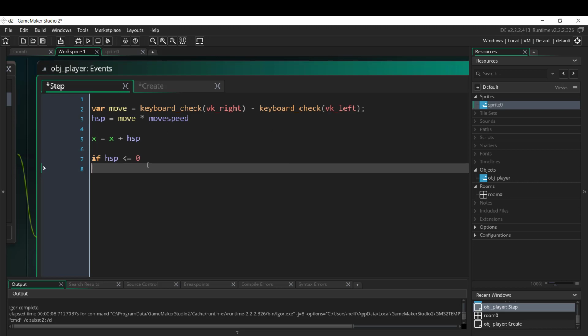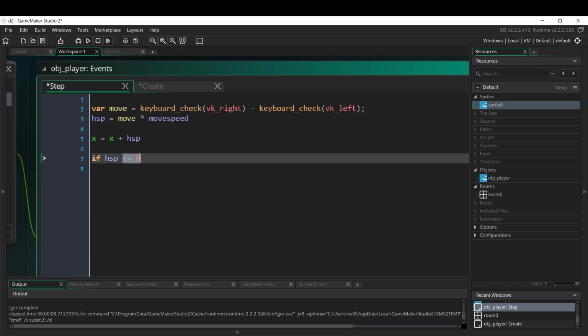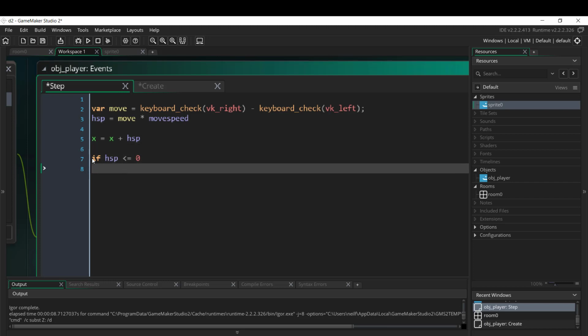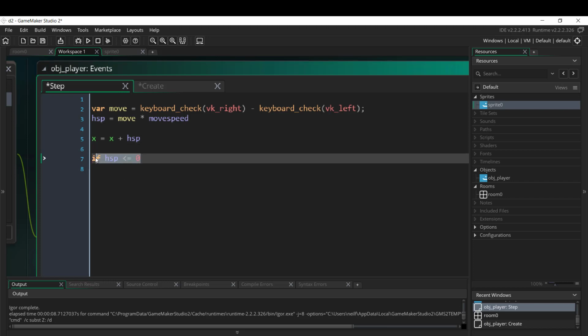But if it's greater or less than 0, sorry, then that means that I must be moving to the left. In this case, less than 0, just imagine it pointing to the left. And then if it's pointing right, it points to the right. So this is an easy way to memorize it. If the thing is pointing to the right, that's to the right of the 0, so those are positive numbers. And remember, all the numbers to the left of a 0 are negative numbers. So if I'm less than 0, then I must be in negative numbers. And what negative number does this represent if I'm going left? Negative 7. So basically this is saying if negative 7 or 0,